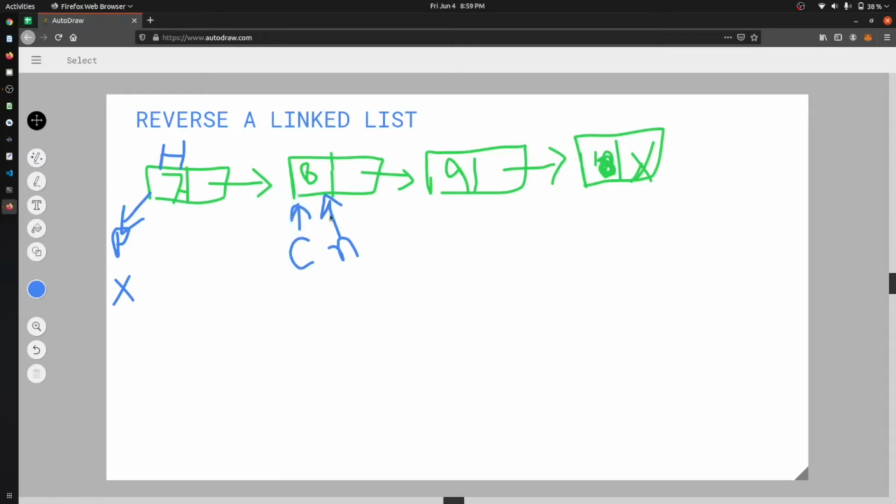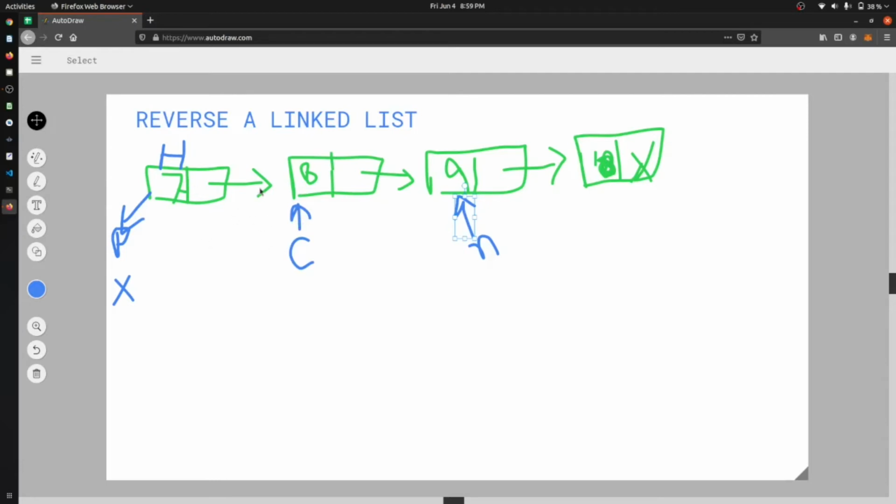Now again, what will happen? We will see that next is equal to current dot next. So current dot next is this, and this next will come at this point. Now our previous will become current, and current dot next will point to our previous.